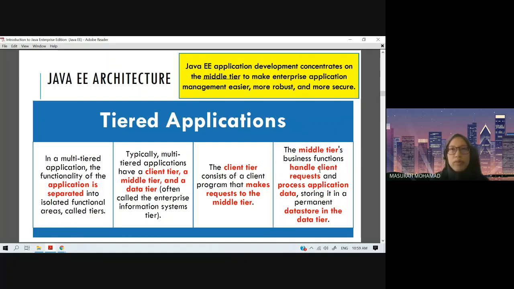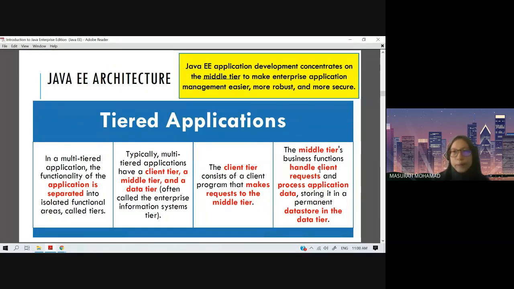Whatever requests are obtained from the client tier will be handled by the middle tier. And this request will be sent to the third tier, which we call the data tier. Usually in the third tier, all the data is stored in the